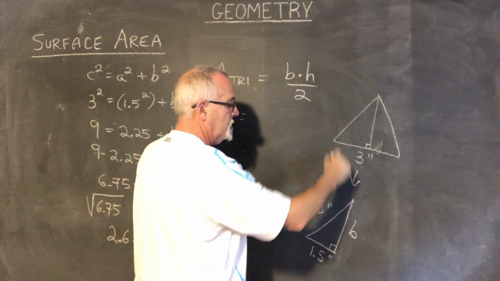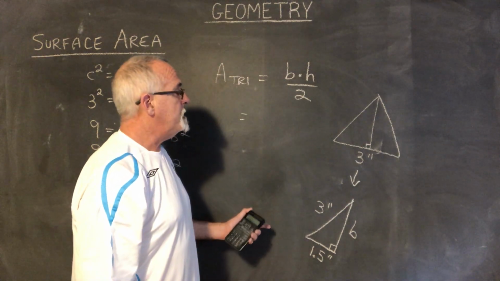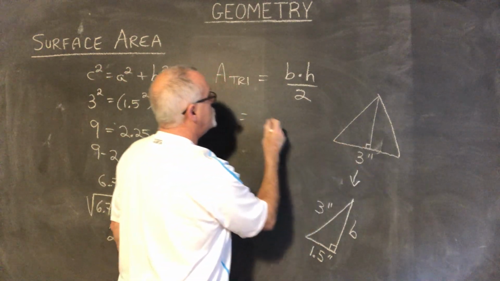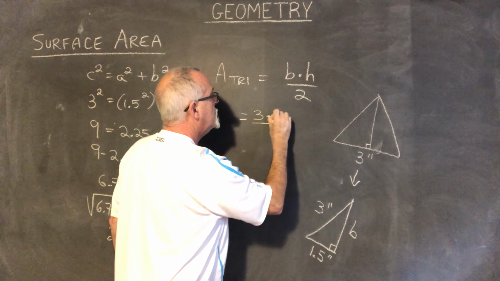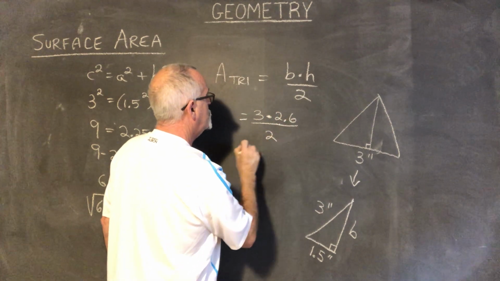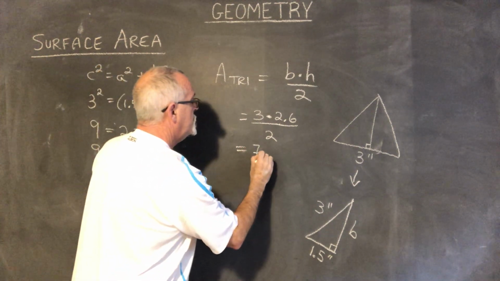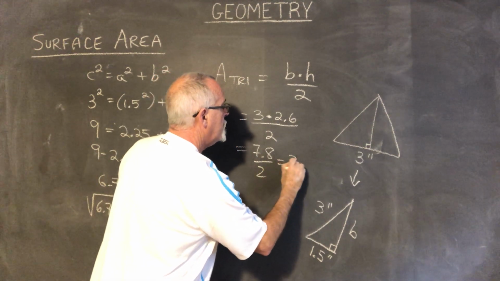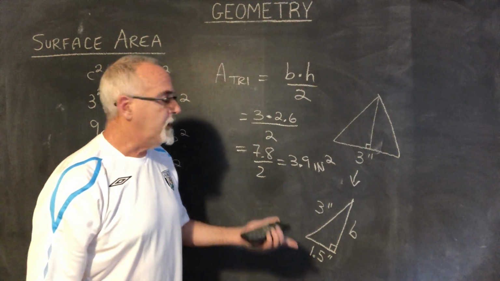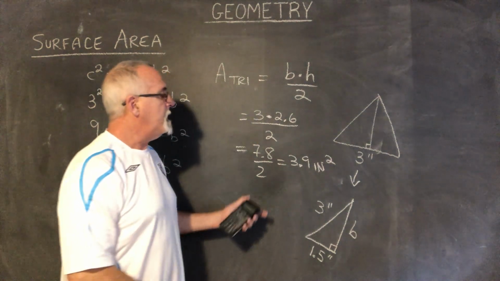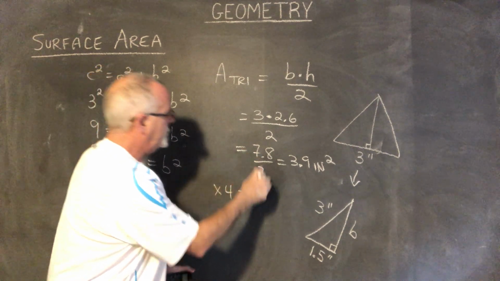It's going to be a base. Now I'm not just doing the area of this little thing. I want the area of the whole face of my triangle pyramid. So therefore, I'm using this, and the base is 3, times the height, which is going to be the 2.6, over 2, which is 3 times 2.6 equals 7.8, over 2, which is 3.9. That is inches squared. But this time there are 4 equilateral triangles. There are 4 faces on that triangle pyramid that are all equal in area. So times 4 equals 15.6